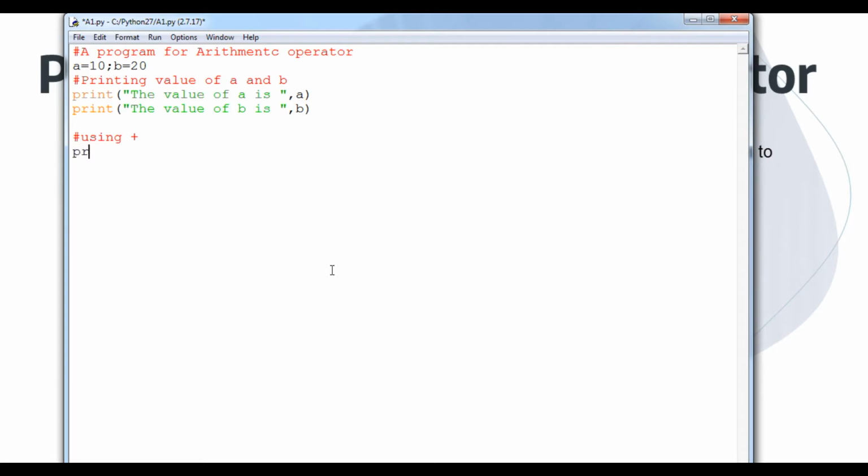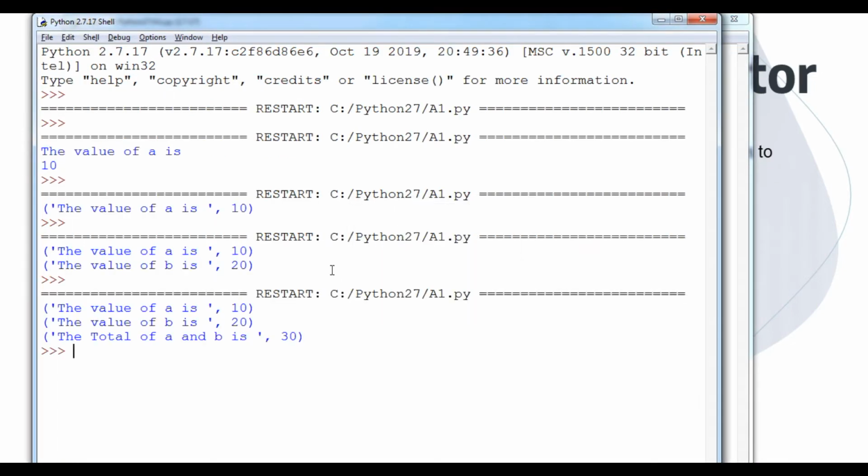What I have to do, student? Print the total of A and B is, and here I will simply type A plus B. Let's see what the output will be.